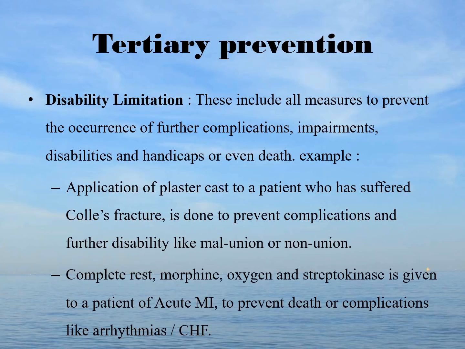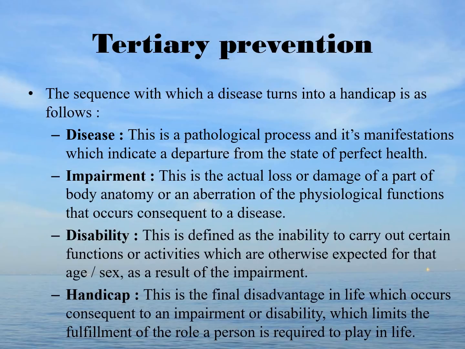Disability limitation. This includes all measures to prevent the occurrence of further complications, impairments, disabilities, and handicaps, or even death. Example: application of a plaster cast to a patient who has suffered a fracture is done to prevent complications and further disability. Complete rest is given to a patient with acute MI to prevent death or